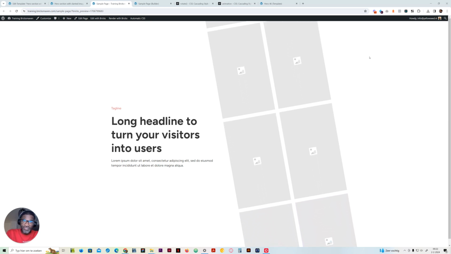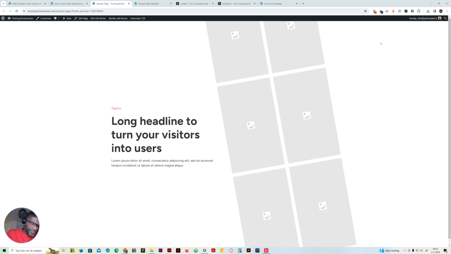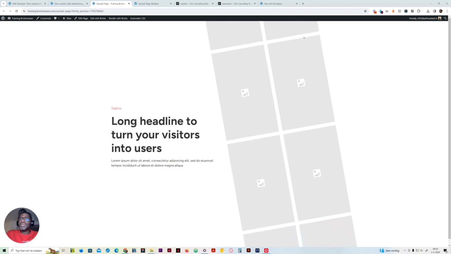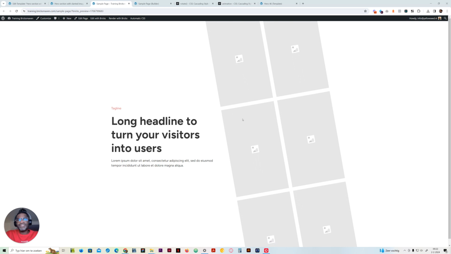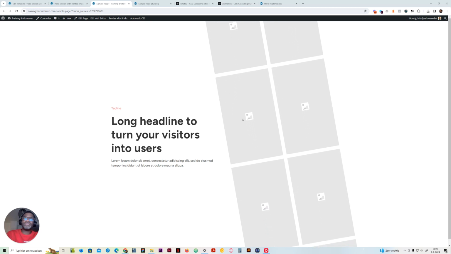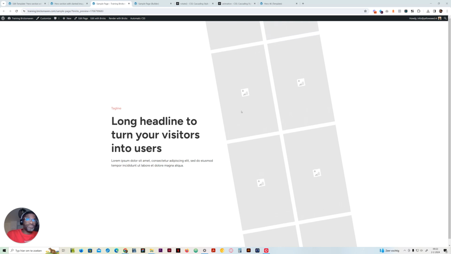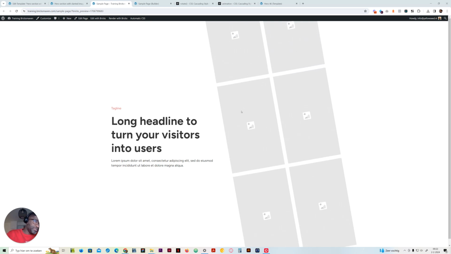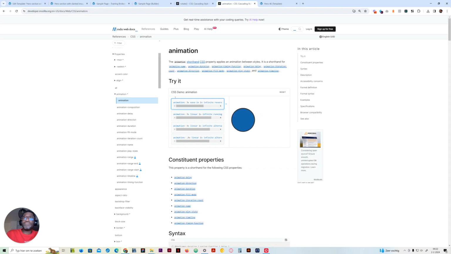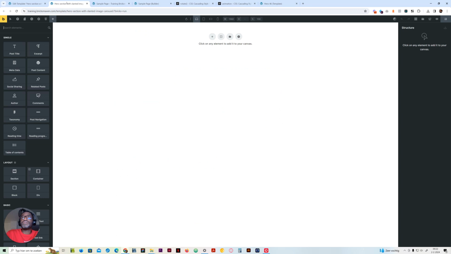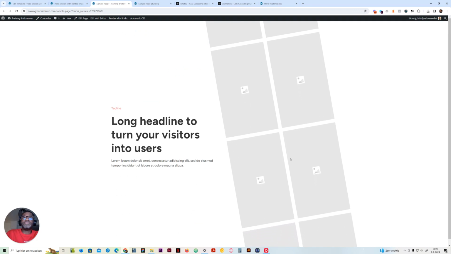So as you can see in front of you, we're going to be creating a hero section with a slanted image carousel. That's basically what we're going to be creating in this video. We're going to be using the animation function of CSS. So basically, the animation property. We'll be using this to create this animation,